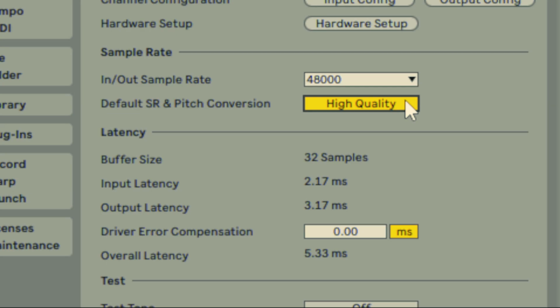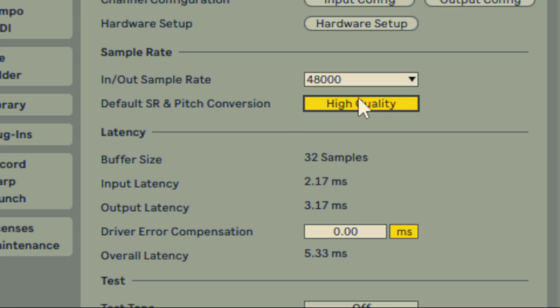I recommend keep it as high quality, but you can always choose another setting for individual audio files later in the project. Now, latency subsection behaves differently depending on the driver type, but for ASIO option, these parameters are typically defined by audio device's driver and can be changed via a driver console. I suggest you keep the default settings here, but if you experience any kind of audio glitches, try changing buffer size or sample rate to reduce the latency until the issue is gone.